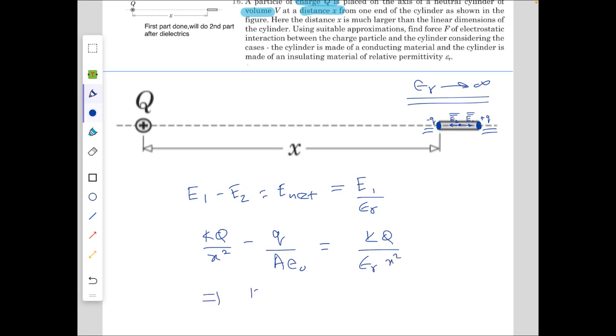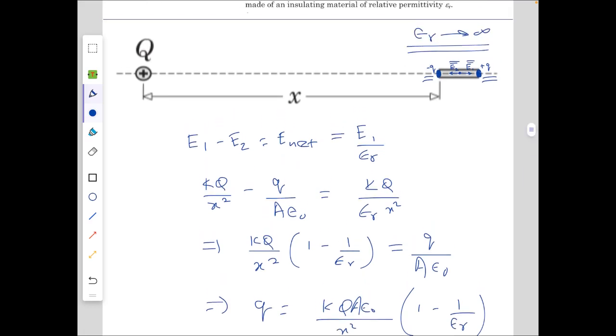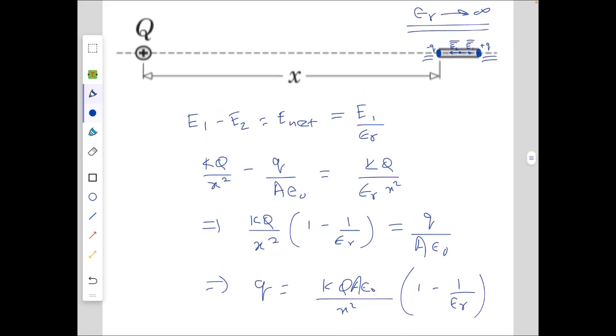So from here kQ over x square times 1 minus 1 over epsilon r equals q over a epsilon naught, and here I have assumed a to be the surface area of the cylinder. So small q equals kQ a epsilon naught over x squared multiplied by 1 minus 1 over epsilon r. Now the force on this can be calculated by assuming q times d as the dipole moment,